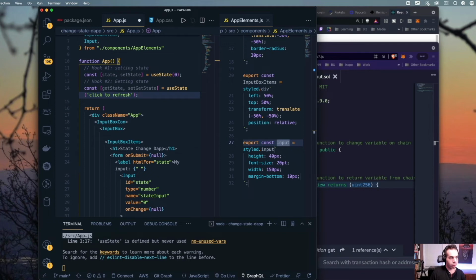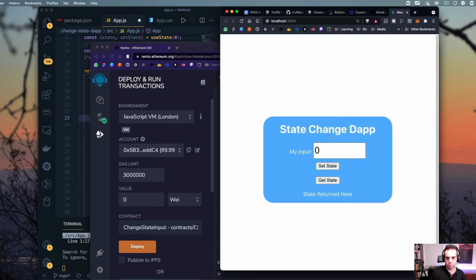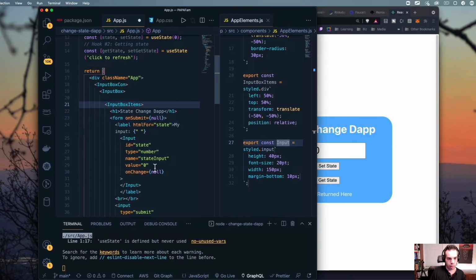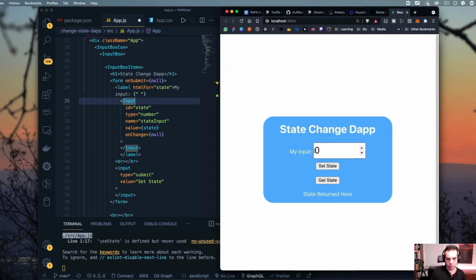So, okay, cool. So where we're going to actually put this is in our app.js file. So we're going to put that in a couple of places. So specifically, we're going to make the value of this. So instead of this being 0, we're going to make this the value of the state. So we're just going to say state here in the input, and that's what's going to make this 0, not really a 0 as an input, but a 0 as in the default value of the state by default.